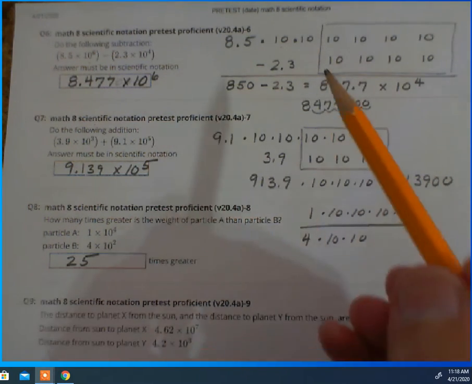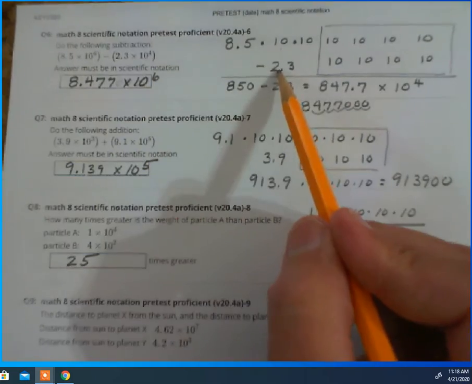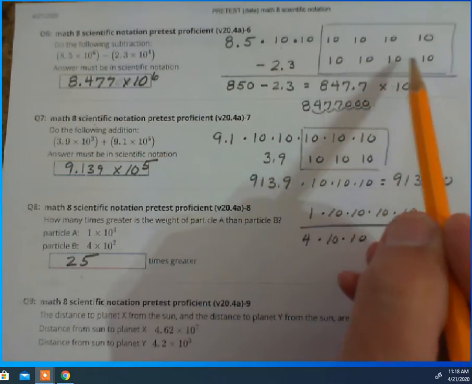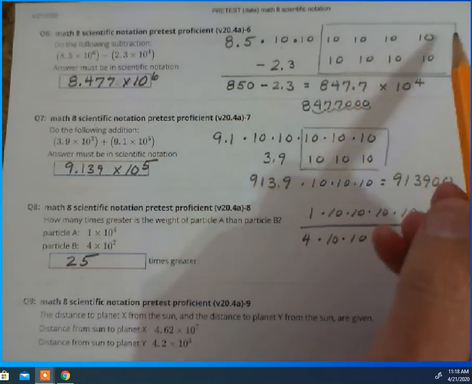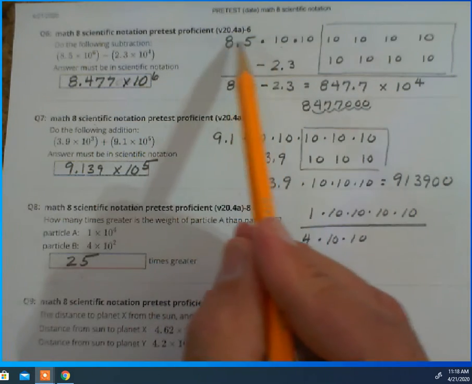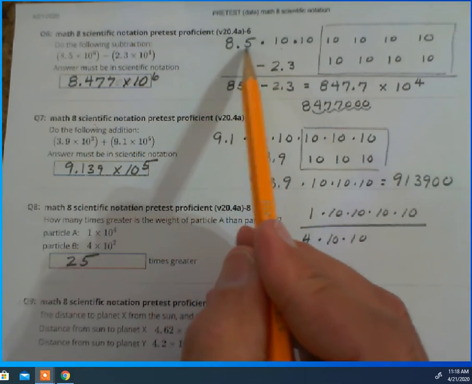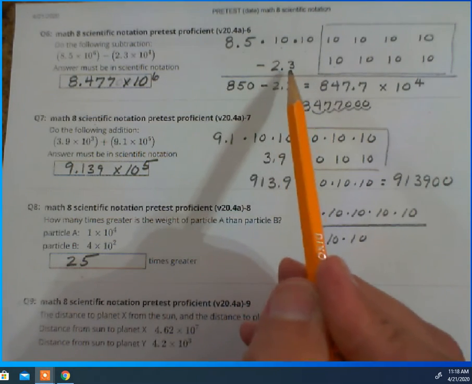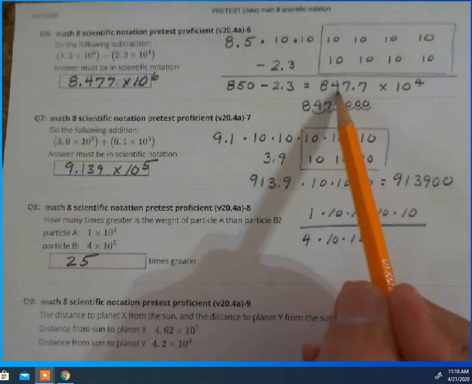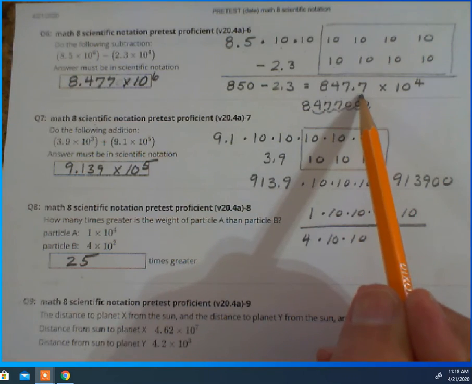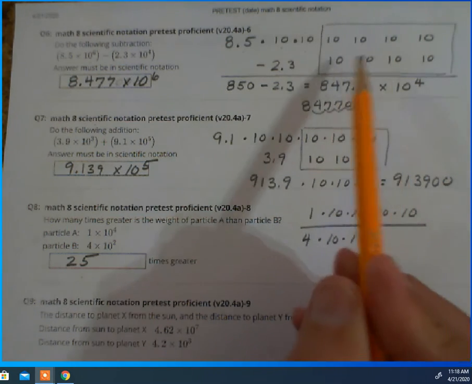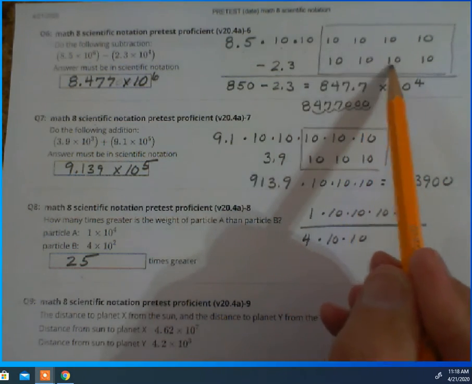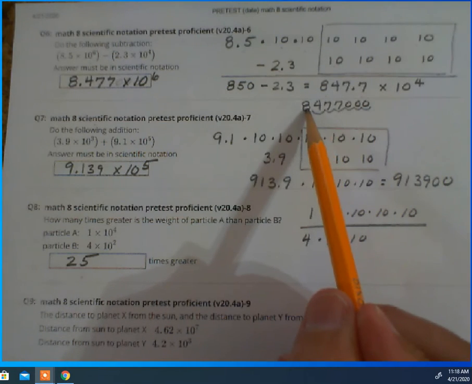I'll keep going. Minus 2.3 times 10 times 10 times 10 times 10. Now, I'm just going to ignore all these 10s for the moment, and I'm going to do this subtraction. So I'm going to go 8.5 times 10 times 10, and subtract out the 2.3. And that gives me 847.7 times all these 10s that I ignored. 10, 10, 10, 10. Which gives me